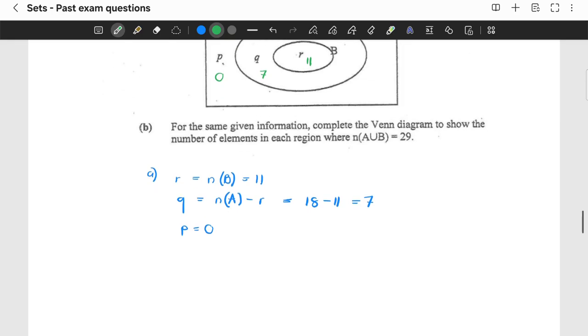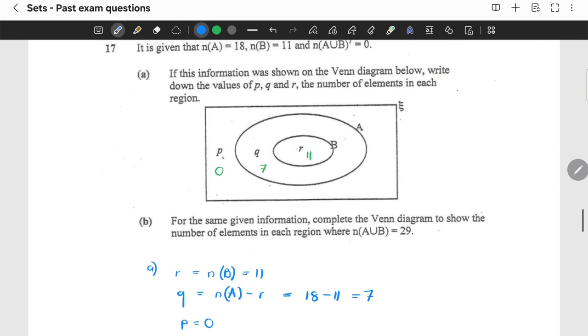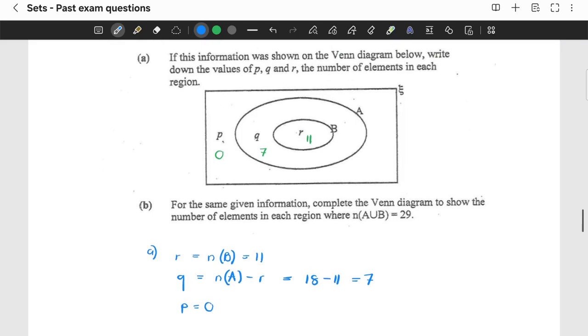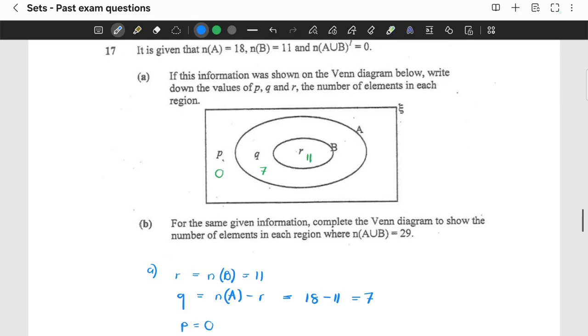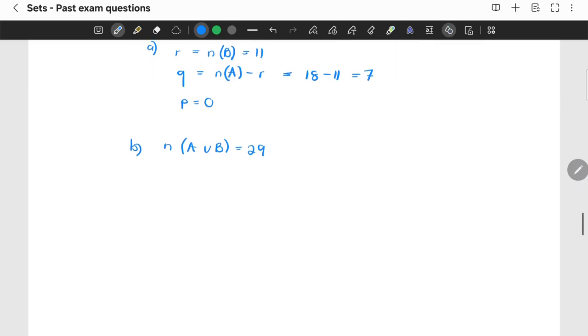So part B says, for the same information, now we have number of A union B being equal to 29. And that can be possible if